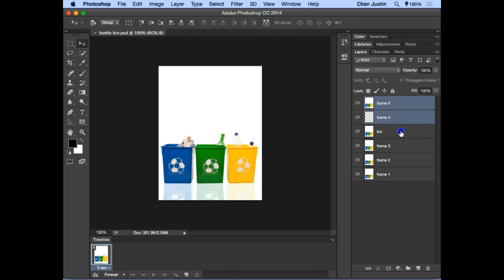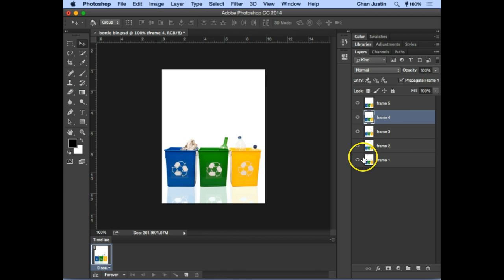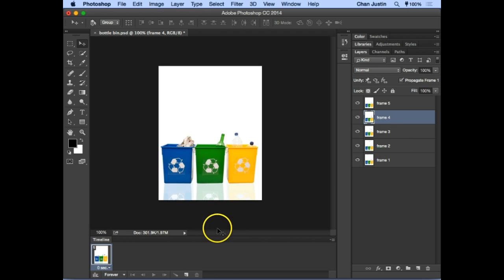Sorry, wrong layer. Now you have the timeline bar here, right? This is the first frame. So I'm going to turn off all the eyes first. I'm going to leave the first frame. Now remember, in each frame you should only reveal one layer,